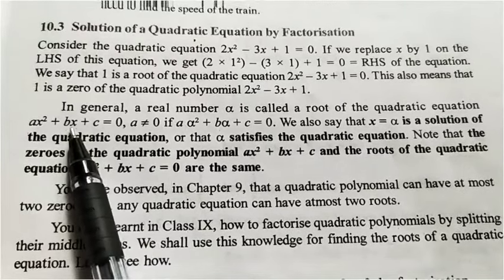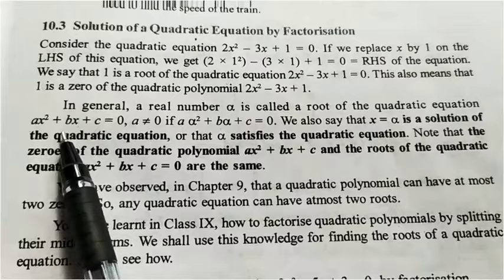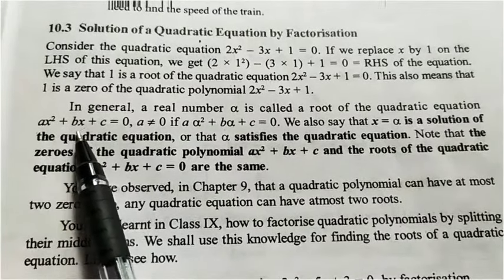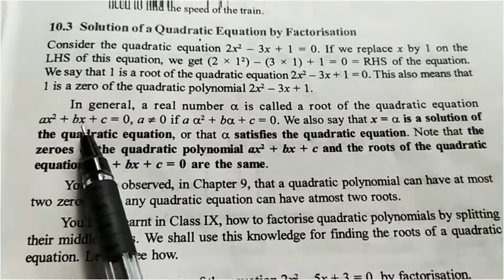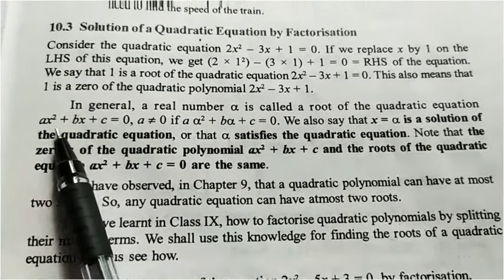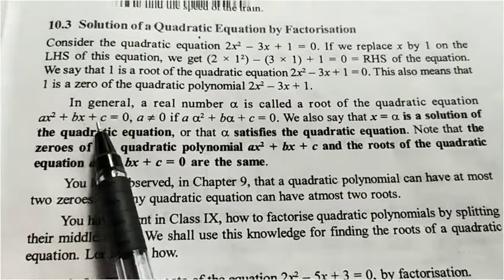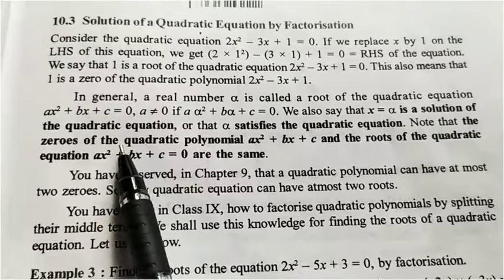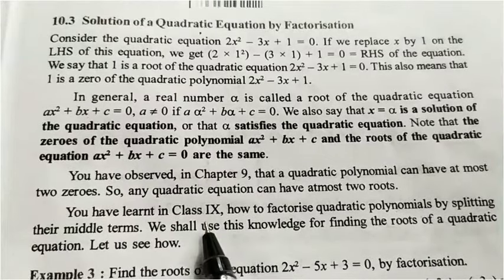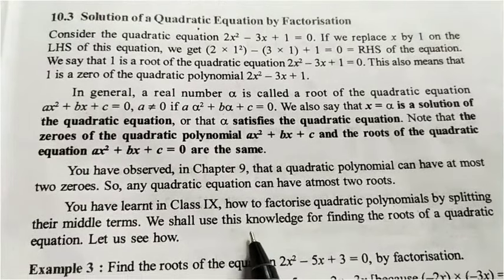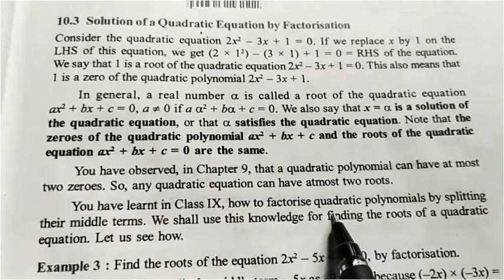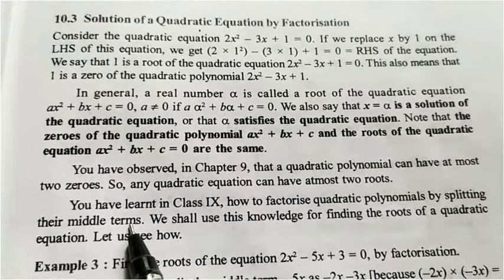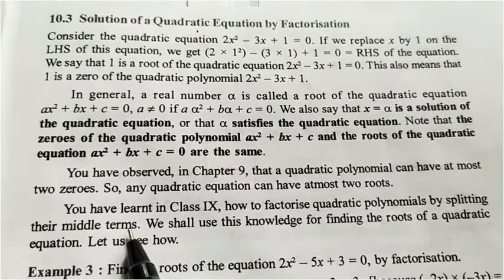Here, if we split this bx into two other numbers or constants, then we will easily get the common factors. Okay. Then taking the common variables and equating each to 0, we will get the two separate roots. You already studied this in 9th class, so the same thing is repeated here: factorize the quadratic polynomial by splitting the middle term. Okay, so let us do it from the exercise.